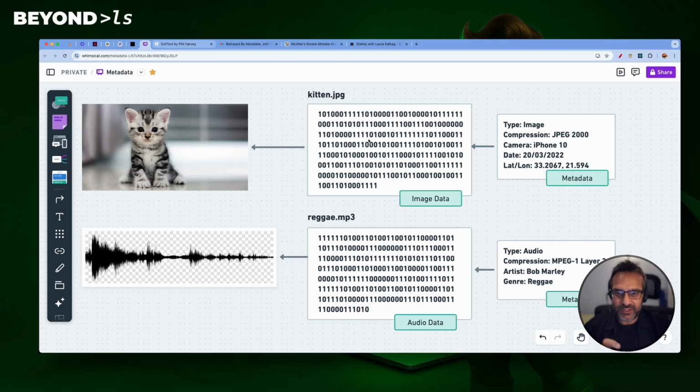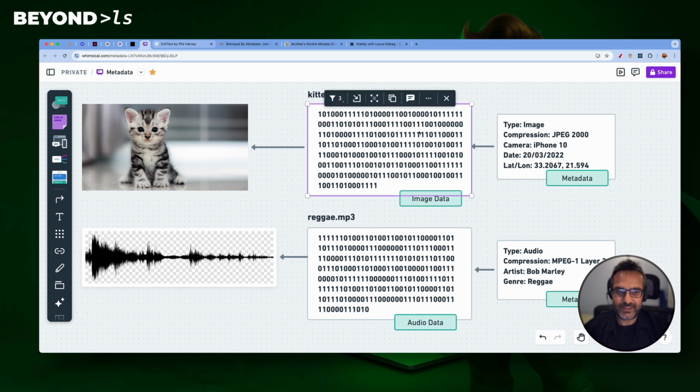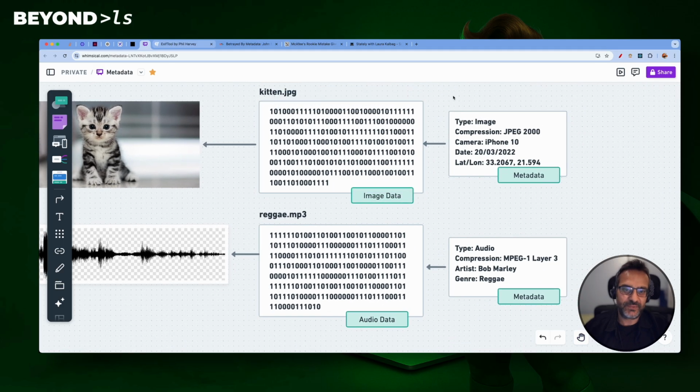In this diagram, you can see that the file data corresponds to the image, the picture elements, or to audio, or in the case of a Word document or a text document, the data about the text that we write. Now the metadata contains information about the data itself. In the case of an image file, that metadata can contain the type of the data, like image, and the compression that we're using, JPEG 2000 or PNG, since there are various compression algorithms for compressing